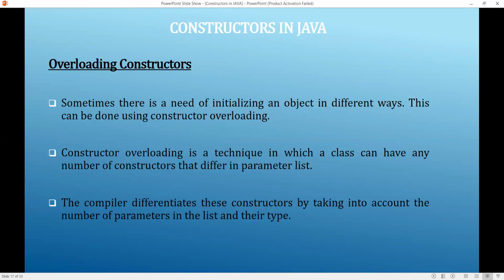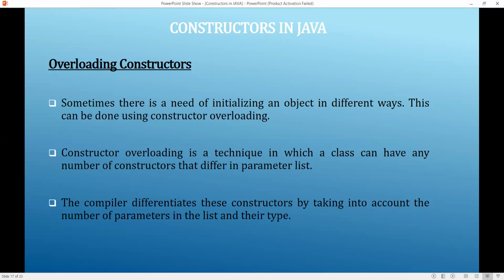So next we are going to overload the constructors. Already we discussed what overloading a method is. In the same way we can overload the constructors also. Sometimes we need different types of objects. Sometimes it is full of zeros, I mean all the values should be 0. That means we can use a default constructor without passing anything. Sometimes we need a parameterized constructor. So in the same class both are possible. That is known as overloading the constructor.